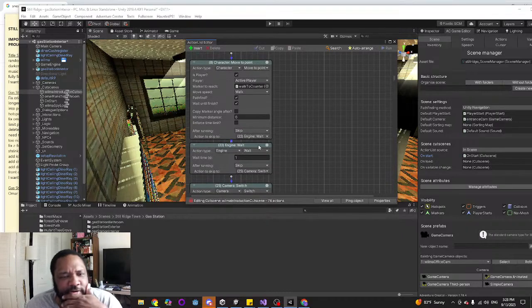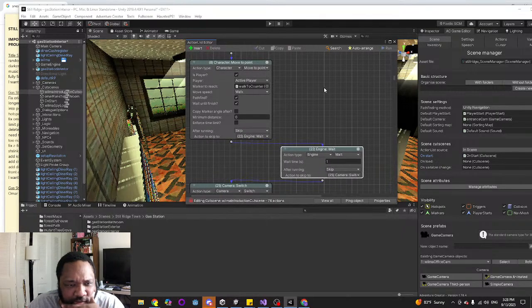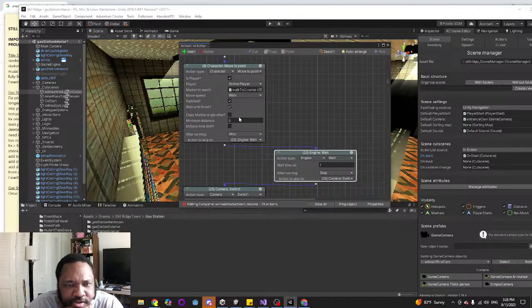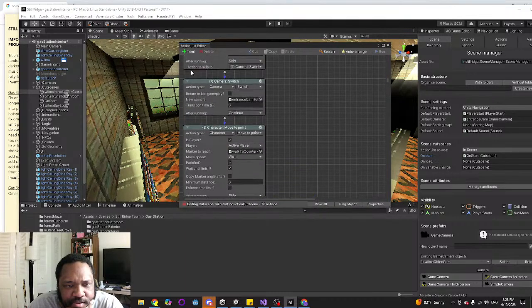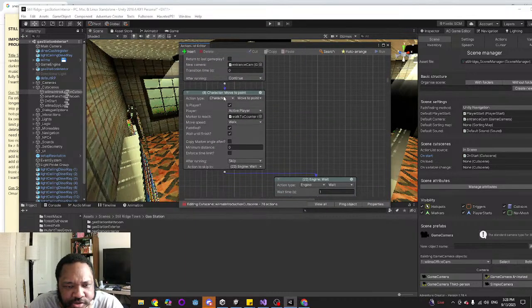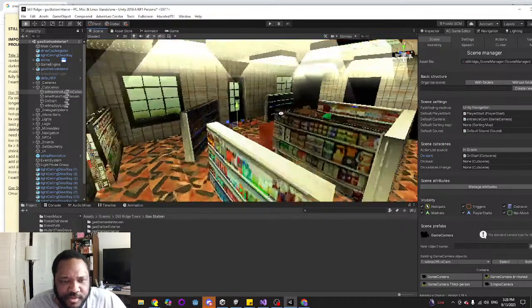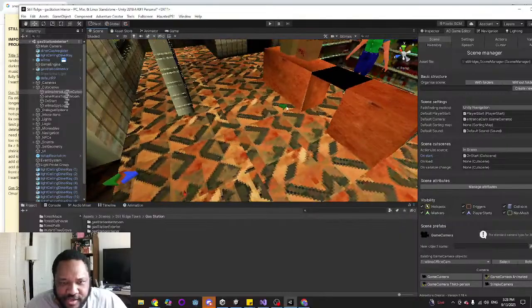All right, so somewhere in here the next state isn't triggering, and I think it's when the player walks to the counter. There might be something wrong with the pathfinding, or you can't actually reach this marker.